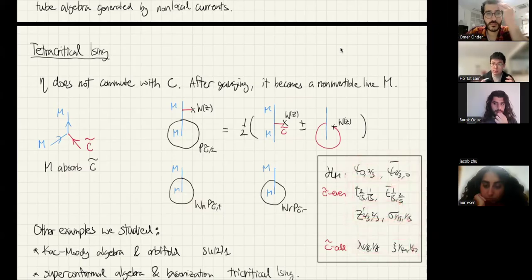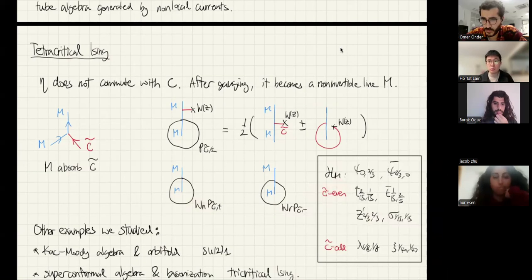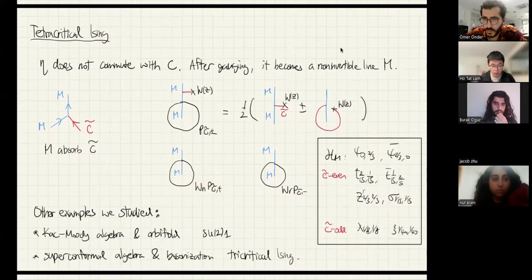So this is consistent with the lasso operators that I just constructed. Okay, so this is just to give you a flavor of what happens to the chiral tube algebras after gaugings. You can also get some chiral tube algebras that just map you inside the same defect Hilbert spaces. There are a lot of examples that we worked out, but I didn't get a chance to discuss